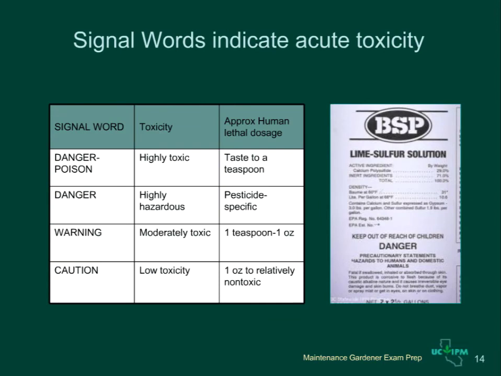Most non-restricted pesticide products used around homes and landscapes have the signal words caution or warning, but a few products with danger signal words are still on the shelves. Choose the safest, effective products that you can when you're applying pesticides in landscapes. Pesticides with caution signal word present the least hazard.